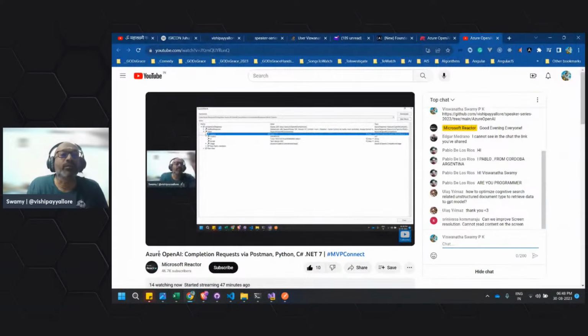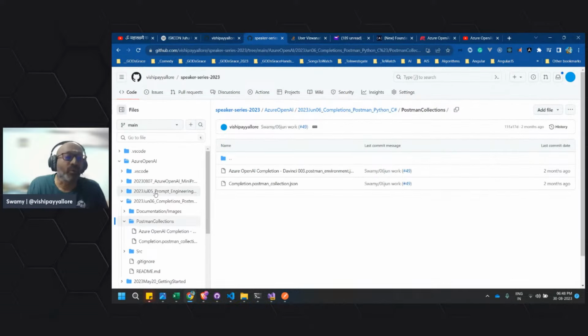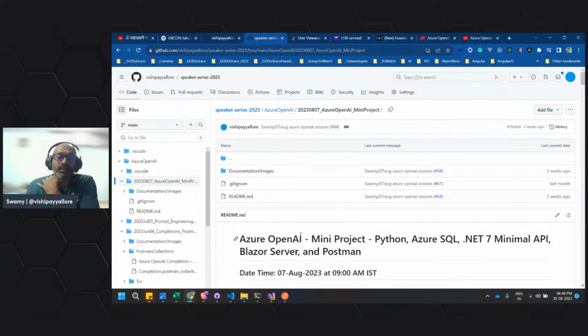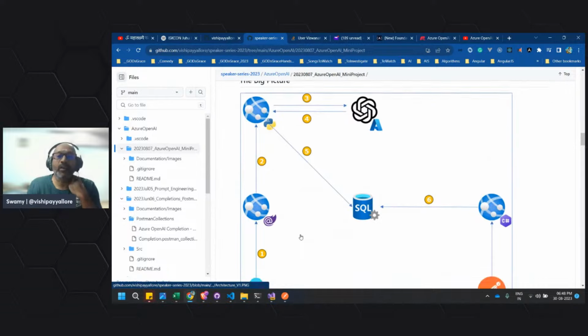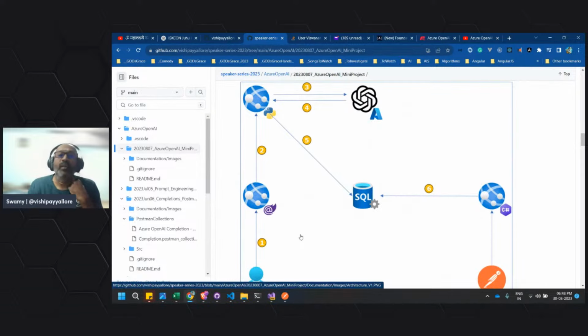What I want to show you is the mini project which we will be doing, and this is just an initial cut. I'm working on it, but this will be modified. So you'll have a Python minimal API in .NET 7 or 8, Blazor, and React or Angular 16 or React 18. There'll be another UI.